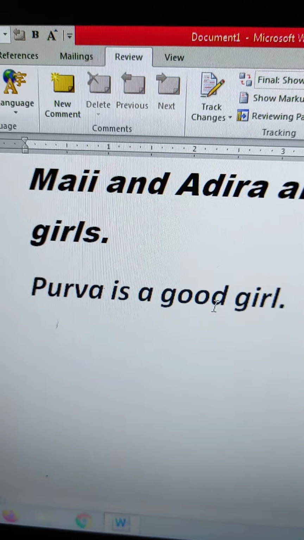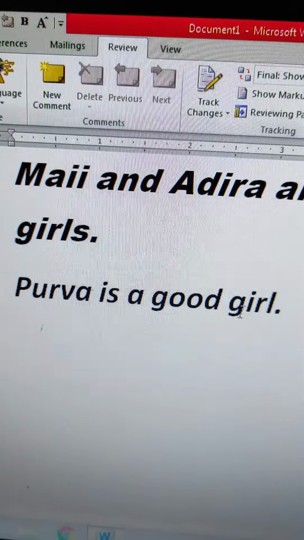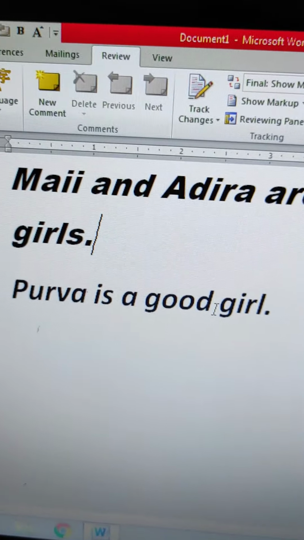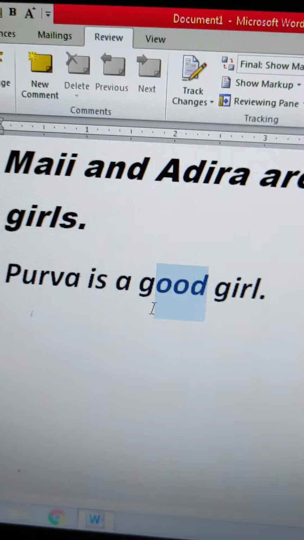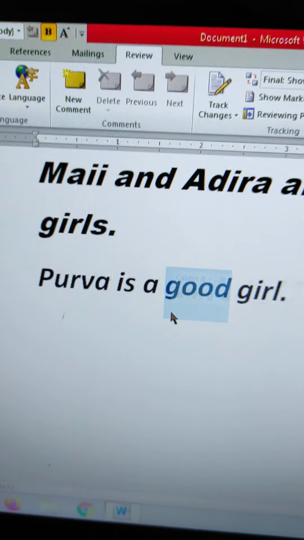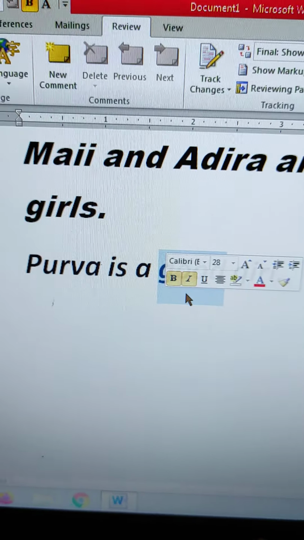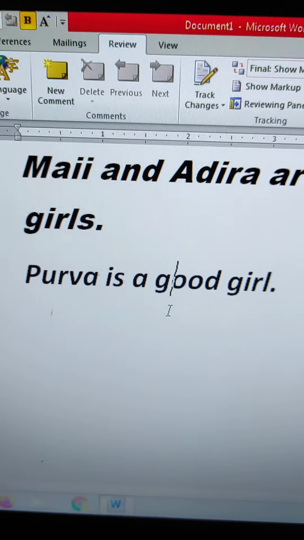This is one sentence I had written here. Now here is the word good. In place of good we can write decent, helpful, safe, useful, well-mannered, polite, obedient. Like this we can write options.